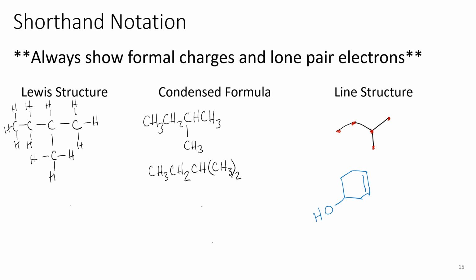So if we look at the formula for this structure, the formula is C6H10O. So please make sure you understand how to get from this line structure into the number of atoms that we actually have. Make sure you can find all 6 of the carbons, all 10 of the hydrogens, and that oxygen atom as well. To give you one more example, to make sure that you can count the total number